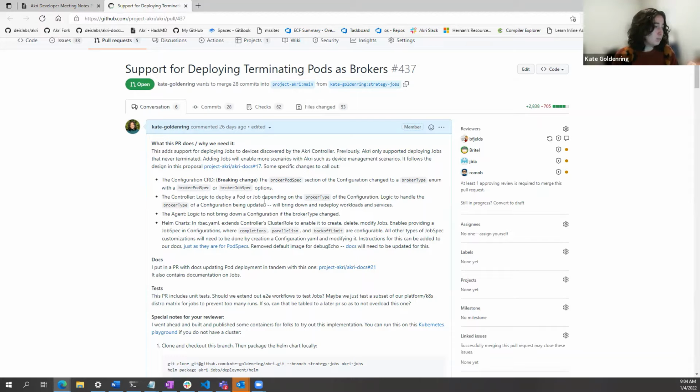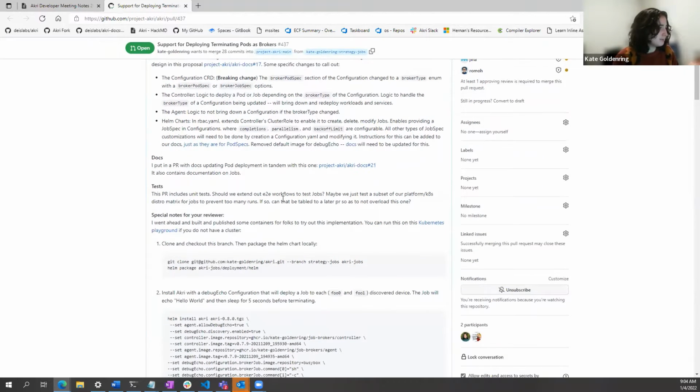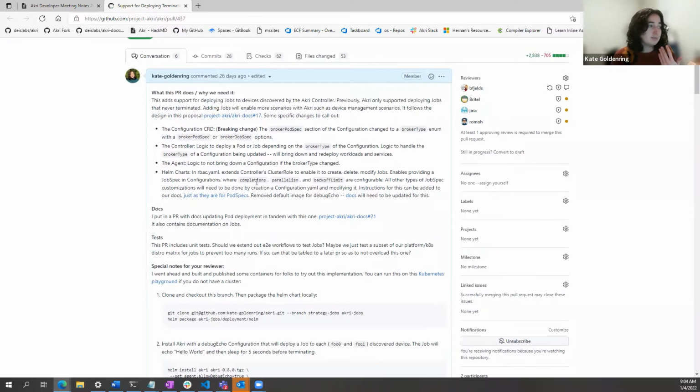Beyond that, what's unique is that we're only deploying one per device. So even if you have a 4-node cluster, we'll only deploy one job. We may expand that out in the future, say if you wanted a job deployed on each node, but you can kind of modify that so that it runs on multiple nodes by modifying these parallelism and completion settings of a job spec anyways. So you can create that sort of behavior, but Akri is not going to ensure that you have a job running on each node.